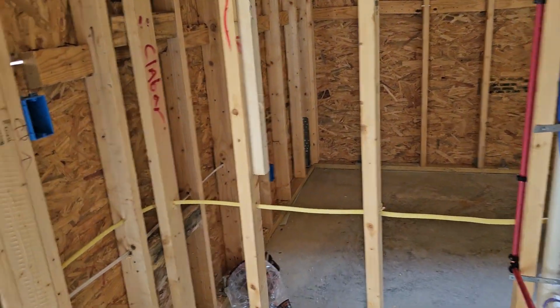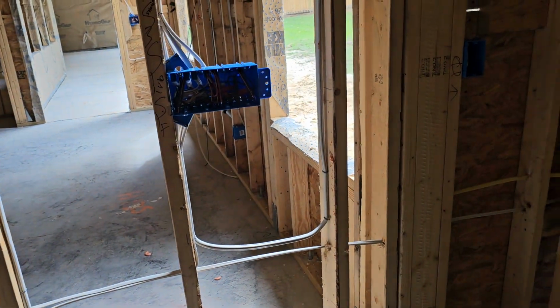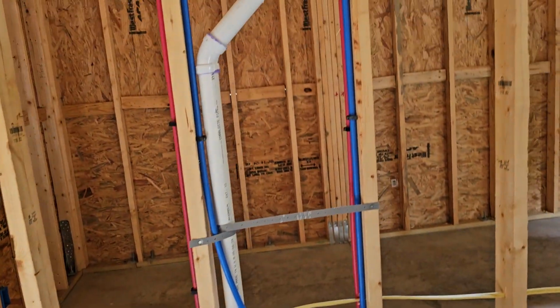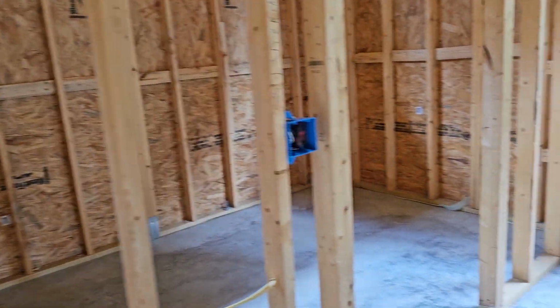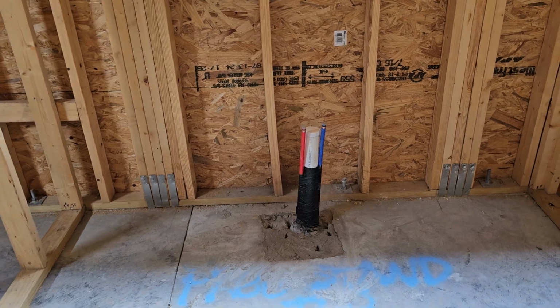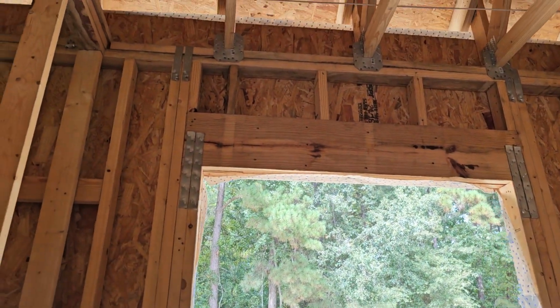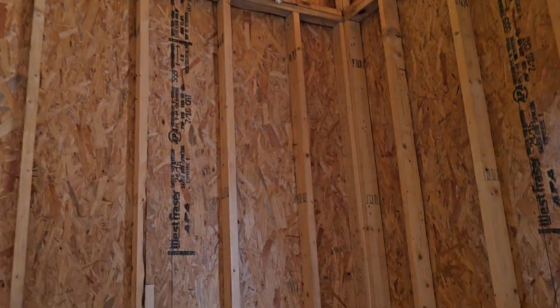This will be Jennifer's side. The plumbing for her sink. There's the plumbing for the tub. Walking into the